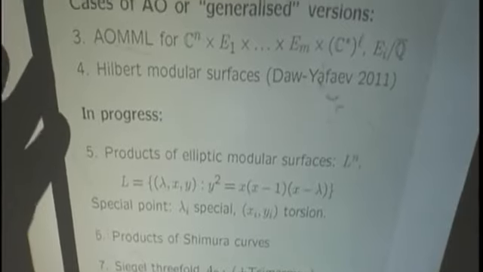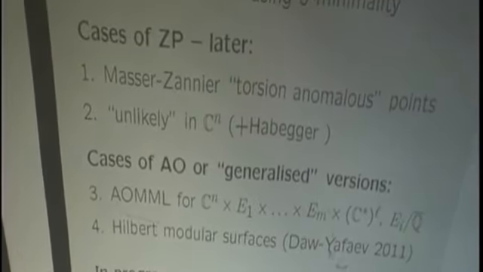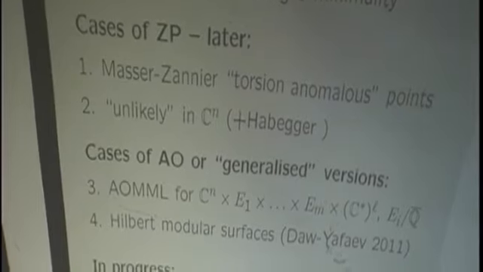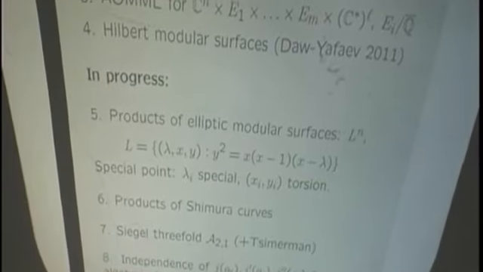So this same strategy, similar strategy, if you're using o-minimality, has been used in several other contexts. I want to talk, hopefully, a bit later about Masser-Zannier and some results in the Zilber-Pink area. But in terms of other cases of André-Oort or generalized versions, Dor and Yafaev have given an unconditional proof of André-Oort for Hilbert modular surfaces using